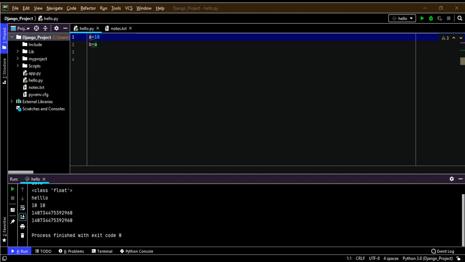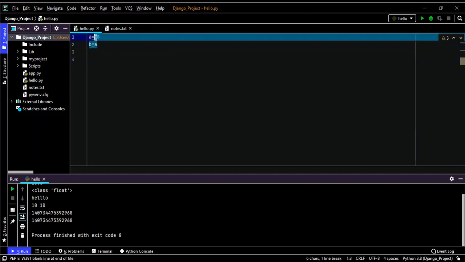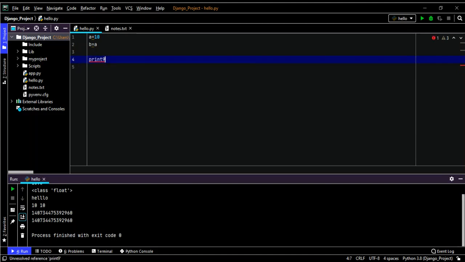Now I'm going to demonstrate this. As I told, in this example a is the variable and 10 is the value assigned to it, and now I'm referring that same object to the variable b. If I print a and b, both values will be the same, 10 and 10. Now I have a doubt: how do we confirm whether a new object was created in Python or not? To find that out, we have the id function, and now I will demonstrate it.